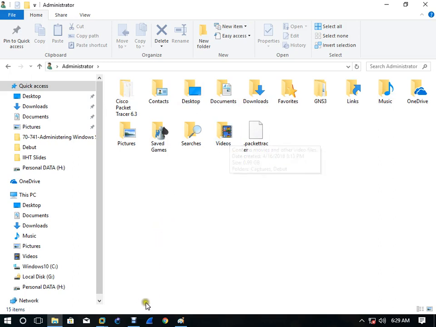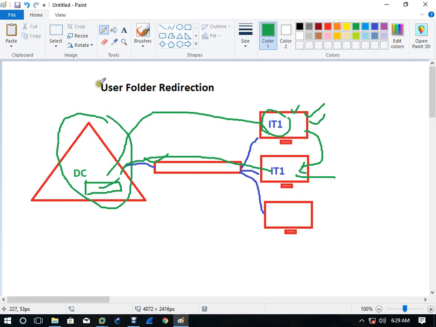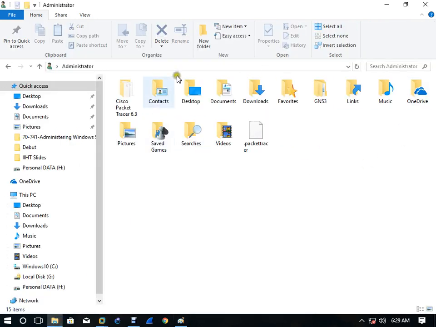Now the lesson we are going to work on, user folder redirection, is related to roaming profile. That's why I'm explaining the roaming profile. But what is the difference between user folder redirection and roaming profile? In a roaming profile, it will redirect the entire folder set of your profile, like contacts, desktop, downloads, documents, everything. It will migrate to the server. But if you want to say, no, I do not want everything, I want a specific one, like documents or downloads, only a single folder, not all,